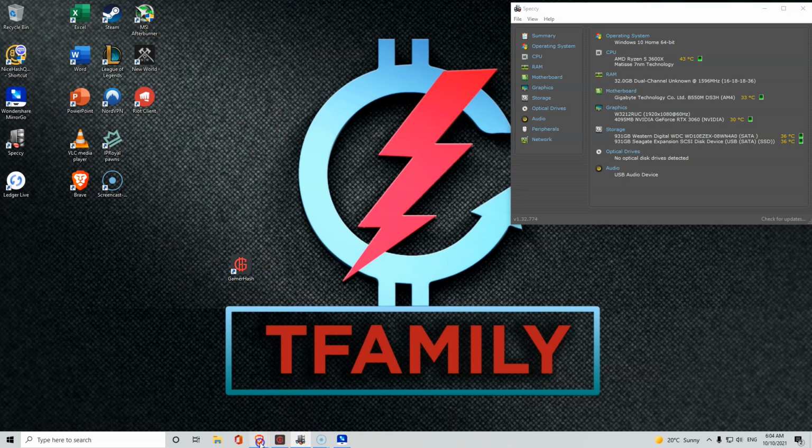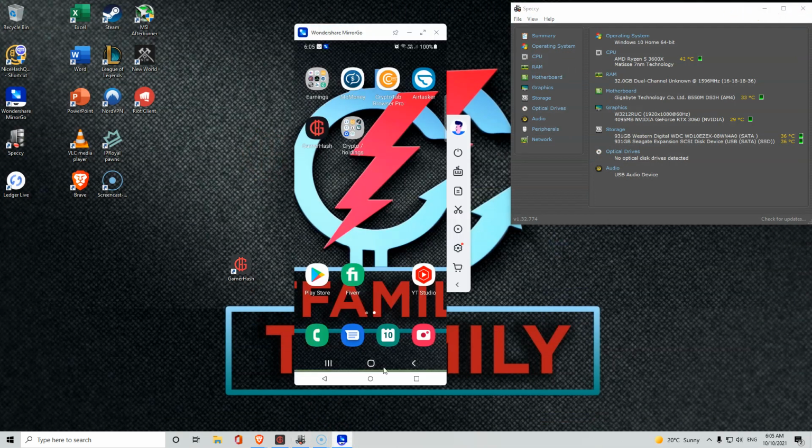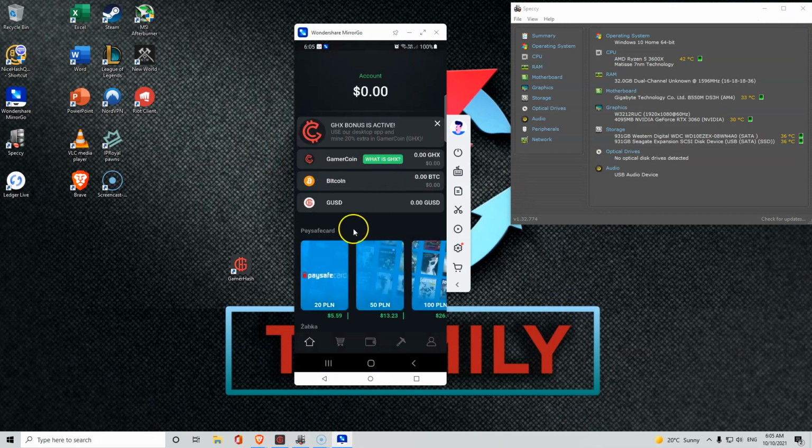The other thing I did after that was download the Gamerhash mobile app. I downloaded that to my Samsung, and it is here. In the app, if you open it up and type in your password, you'll see your account. Now it does pop up with "use our desktop app and mine 20% extra in Gamercoin,"